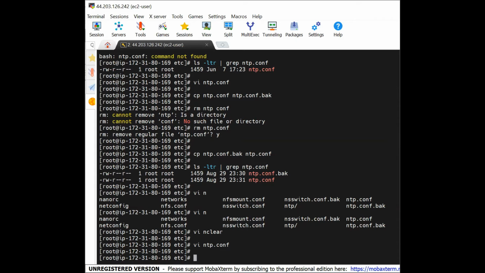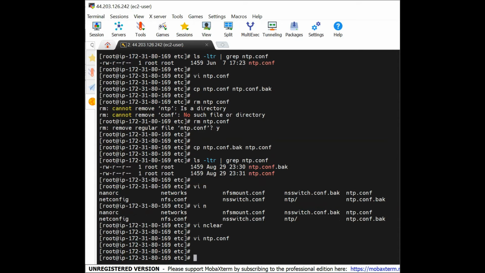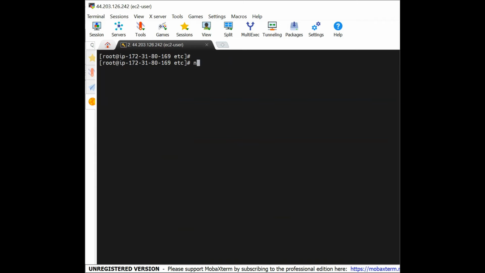All right. So the next thing you want to do after you have installed a service and you have modified the configuration file, you must restart that service for Linux to be aware that you have installed that service and be able to work with it. All right. What service have we just installed? NTP. So to restart a service, generally the command is